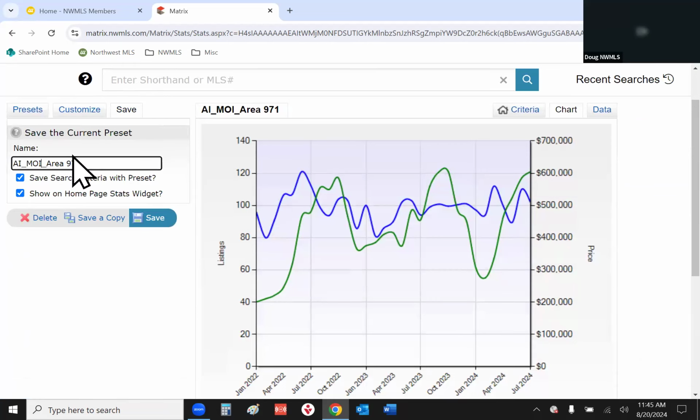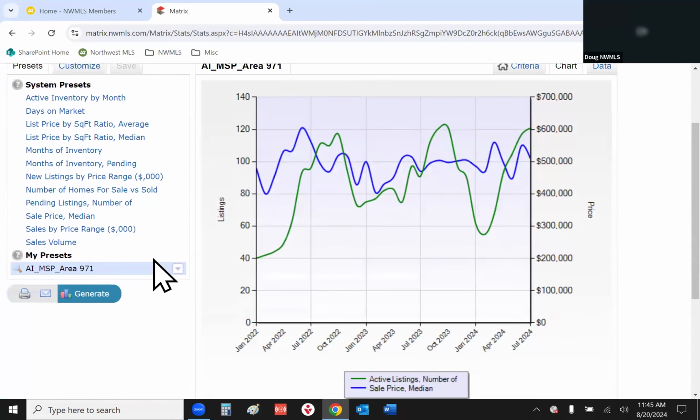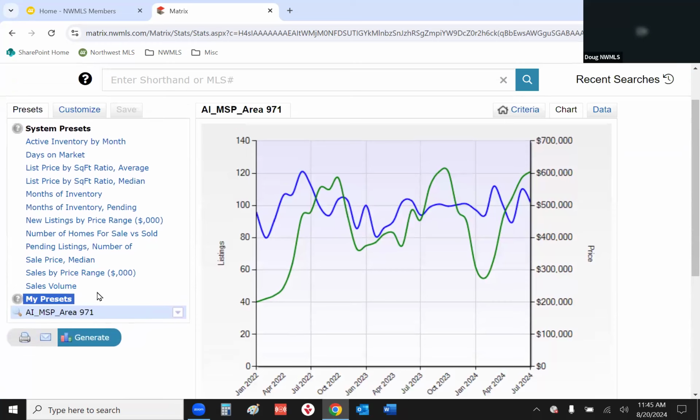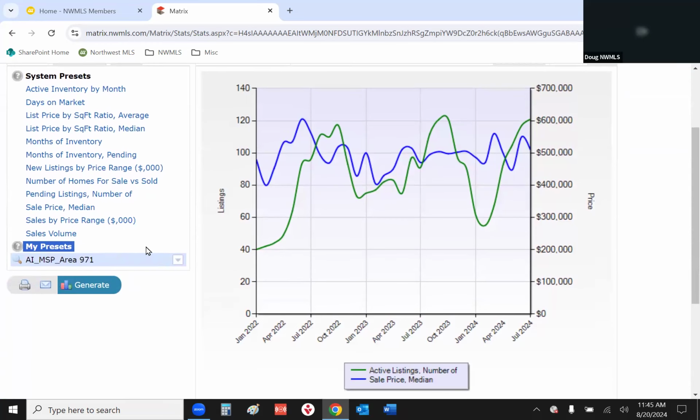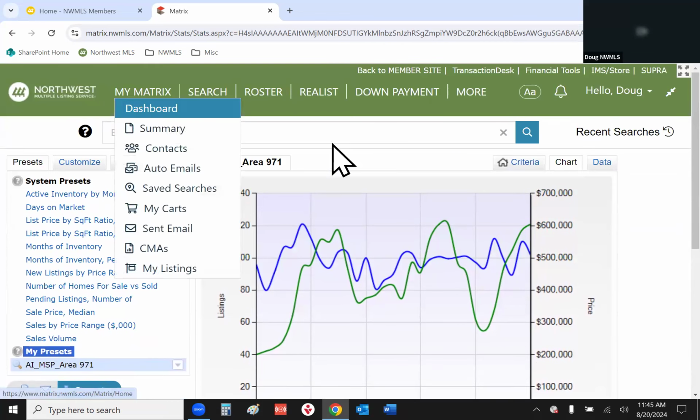And this one is going to be median sell price. Whoops, hang on a second there. Try that again, median sell price. And I'm going to go ahead and save that. So I'm creating my own presets down here. Whoops, what did I just do? Overwrite one of my other ones? I sure did. Point being is I can create these down here